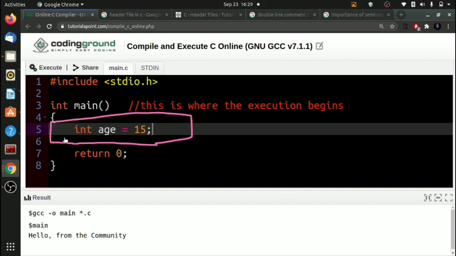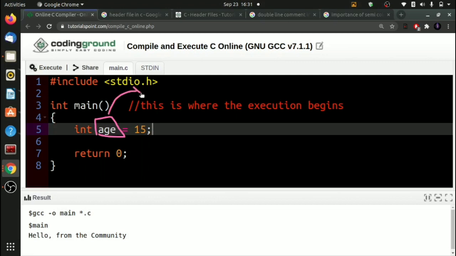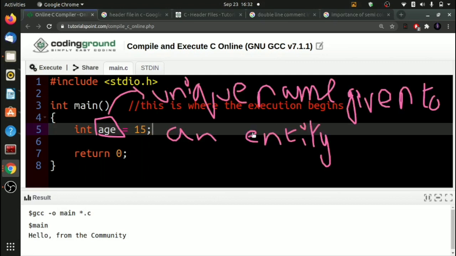If you look carefully at this line of code, you will see that there is a data type whose job is to tell the compiler the type of value that is going to be stored in this variable. The name of this variable is age, which is nothing but an identifier. Now if you are wondering what an identifier is, it is nothing but a unique name given to an entity like